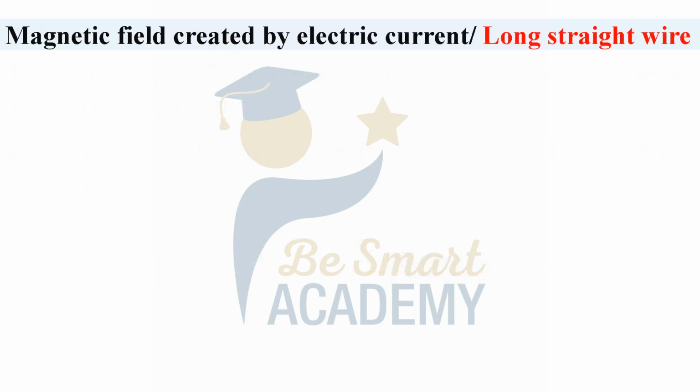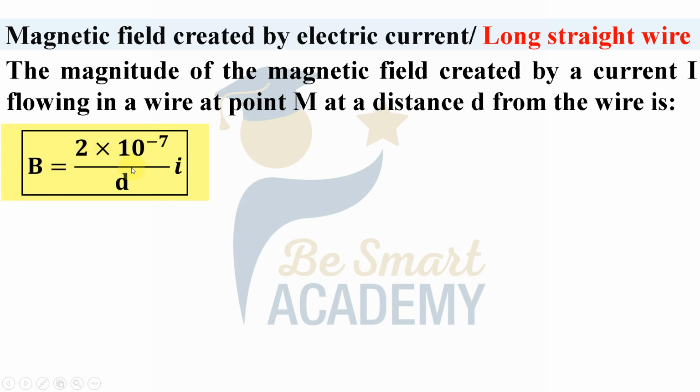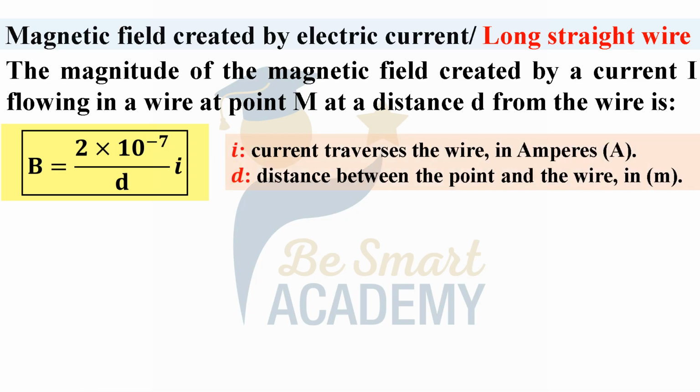Now we have to study the magnetic field created by electric current according to three cases. First case, magnetic field created by a long straight wire. The magnitude of the magnetic field created by a current I flowing in a wire at a point M at a distance D from the wire is B equals 2 times 10 power minus 7 divided by D times the current I,